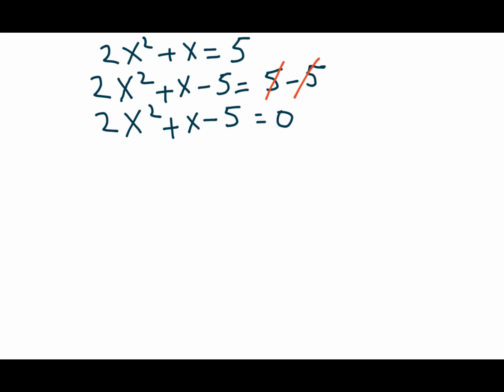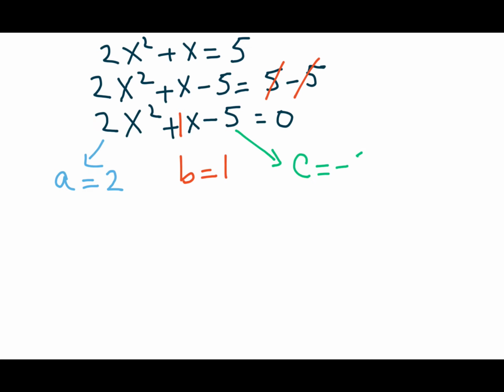Now this 2 is the coefficient of x squared, so a equals 2. The coefficient of x is 1, so b equals 1, and